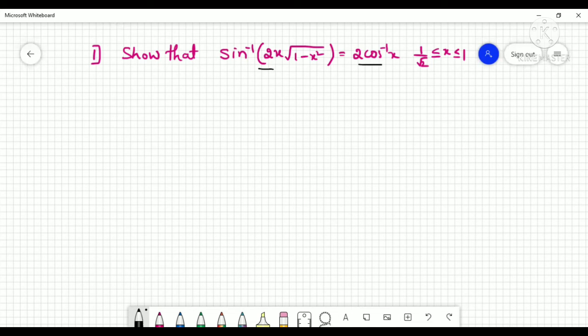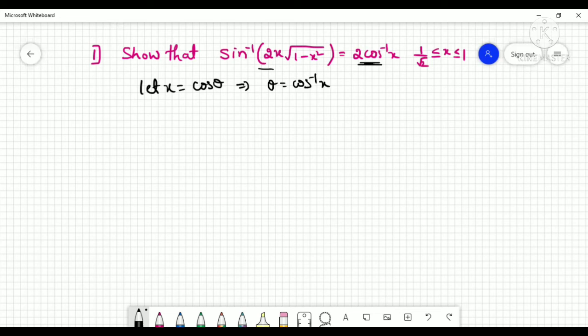It may be given as 2 sine inverse x, but here it is given as equal to 2 cos inverse x. In this case, you should take let x is equal to cos theta. If they give 2 sine inverse x, you should take let x is equal to sine theta. x is equal to cos theta means theta is equal to